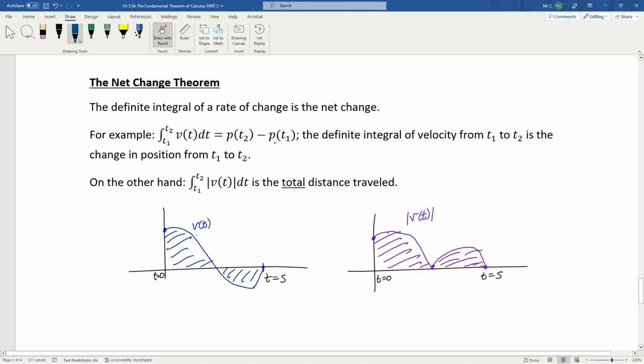So in other words, the definite integral of velocity from t1 to t2 is the change in position from t1 to t2. In general, with any rate of change, when you take the definite integral, you're getting the net amount of that change. Now, on the other hand, if you wanted, say, total distance traveled, you would take the absolute value of the function to deal with total distance traveled, as opposed to net distance, because when we deal with